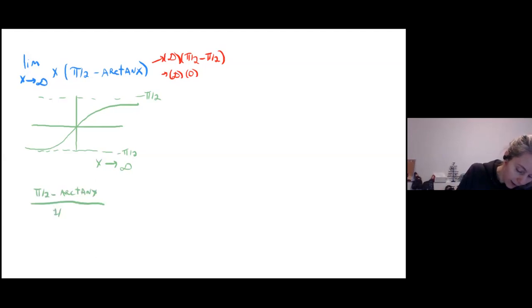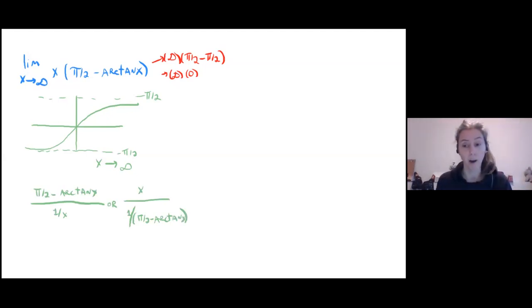over 1 over x, or x over 1 over pi over 2 minus arctan x. So I'd have to bring that whole pi over 2 minus arctan x down to the bottom. And we can see that clearly this one is the more complicated one. We're going to stick to that other one. Bringing that x down to the bottom as a 1 over x is definitely going to be the easiest way